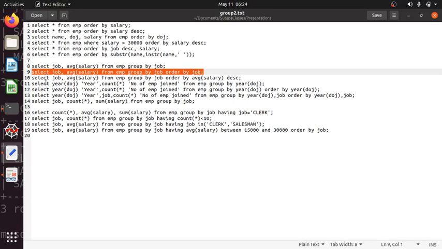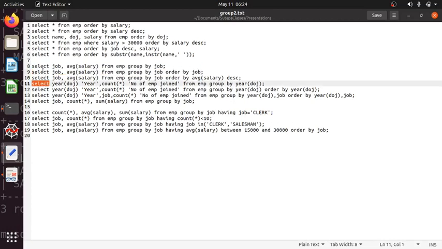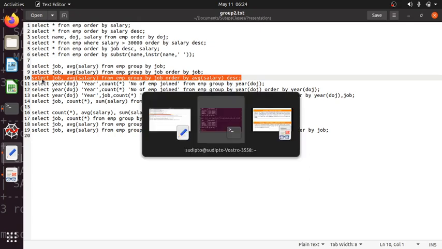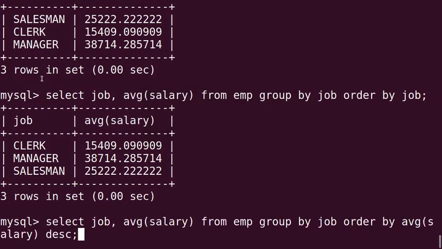In the next query we are going to see, that is select job, average salary from EMP group by job. Till here we have already seen. Here we are sorting the output based on the average salary in descending order.